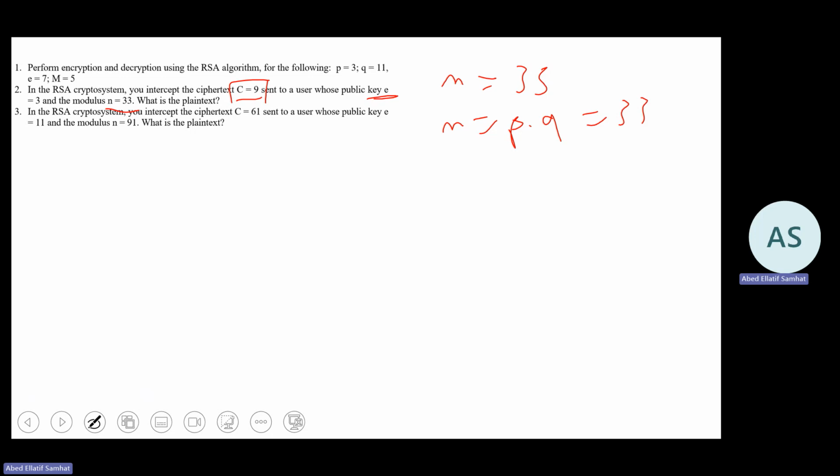What are the prime numbers that lead to 33? We have 1, 2, 3, 4 no, 5 is also a prime, 6 no, 7, 8 no, 9 no, 10 no, 11, 12, 13, 14, 17, 19, 23,